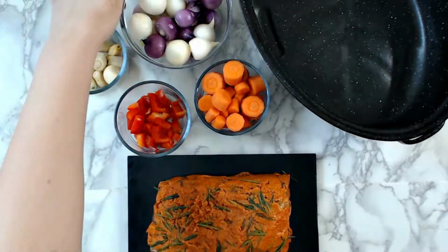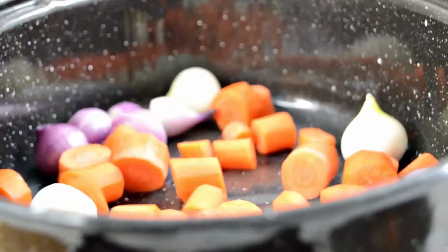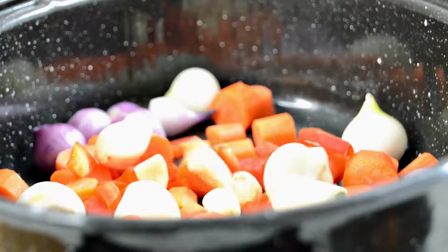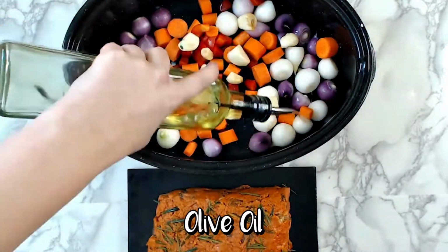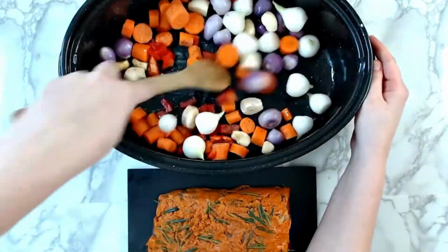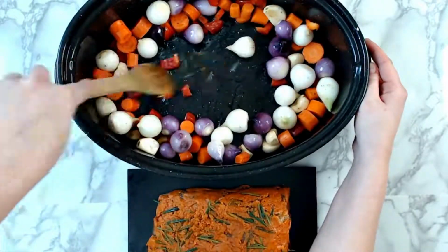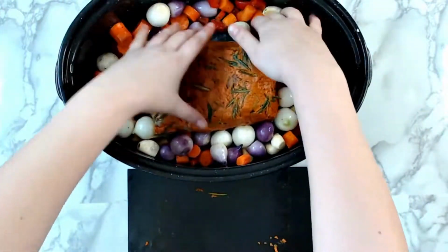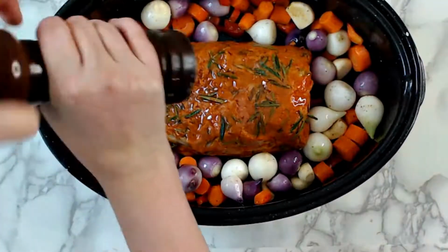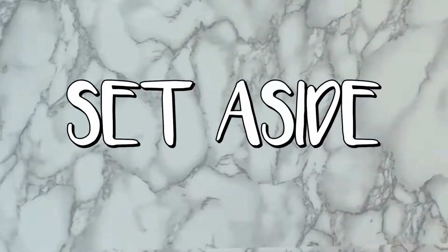Prepare a roasting dish with red and white pearl onions, carrots, red peppers, and whole garlic cloves. Give the veggies a quick drizzle with olive oil and season with salt and pepper. Mix it all up so the veggies are evenly coated in olive oil, and then move everything to the sides of the roasting pan and place the roast in the center. Give it another quick drizzle of oil, salt, and pepper, then cover and set to the side while the oven